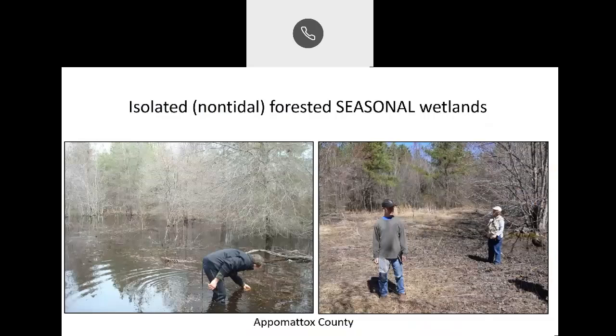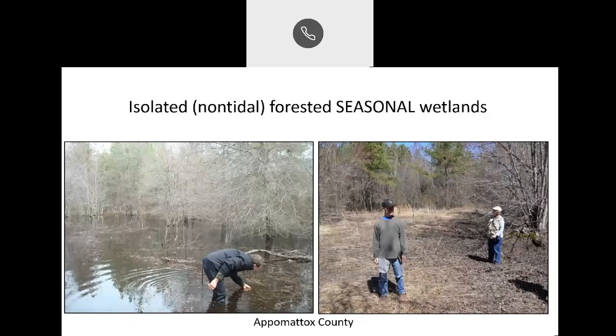So let's try to just very briefly define what a vernal pool is by using a sort of run-on adjective descriptor. These, of course, are non-tidal or freshwater wetlands, interior wetlands, and they are generally isolated from other water sources, not typically connected to flowing water. They do tend to be forested, as our part of the world was historically mostly a forested landscape. Probably most crucial is they are seasonal.